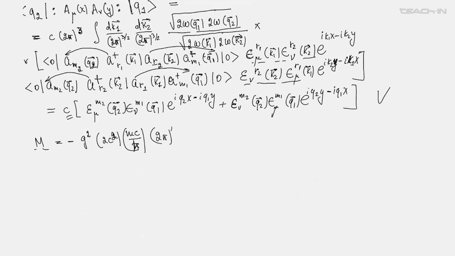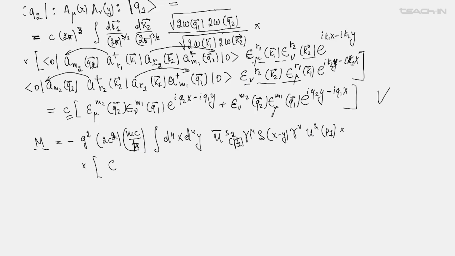Maybe I write the intermediate expression first, namely the double integral d4x and d4y, then the contribution from fermions, u-bar of P2, gamma mu S(x minus y) gamma nu, u of P1, and then the contribution of photon polarizations, epsilon mu M2 Q2, epsilon nu M1 Q1, exponential i(P1 plus P2 plus Q2) multiplied by x minus i(P1 plus Q1) multiplied by y,